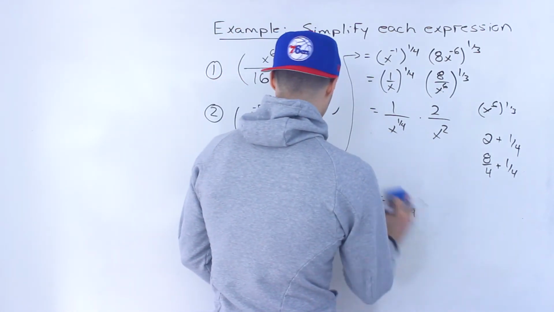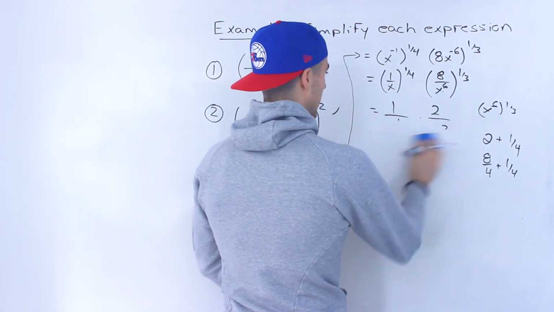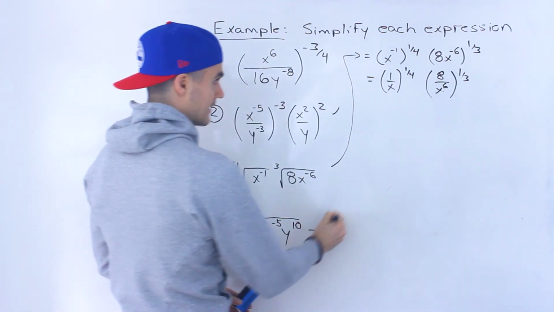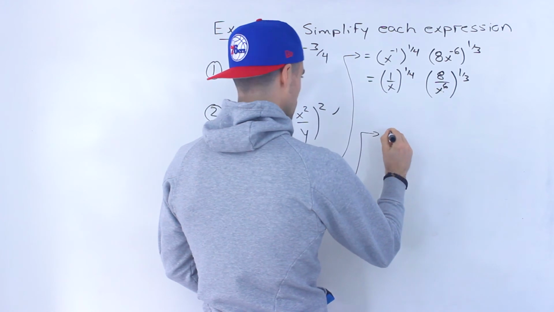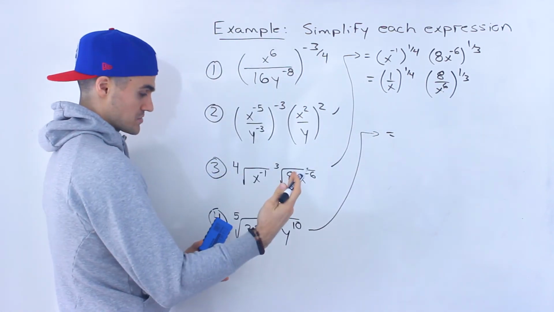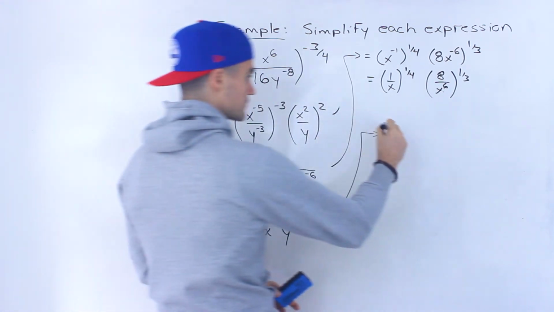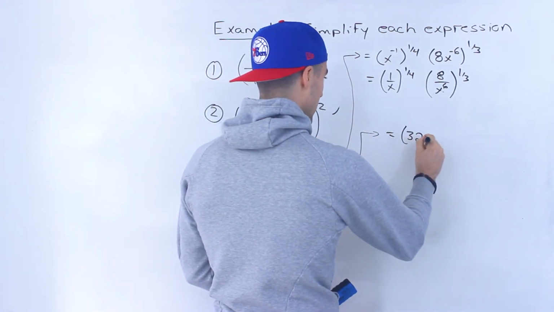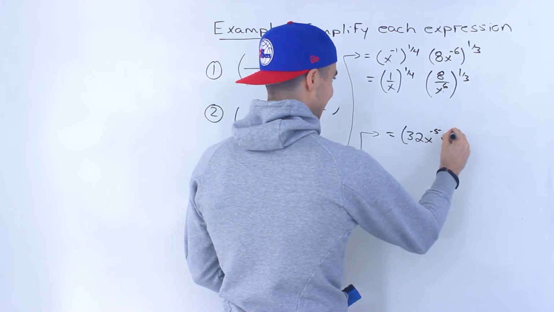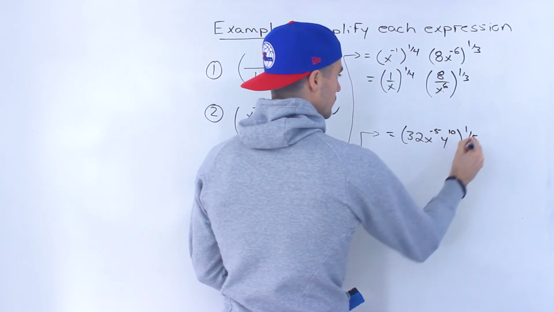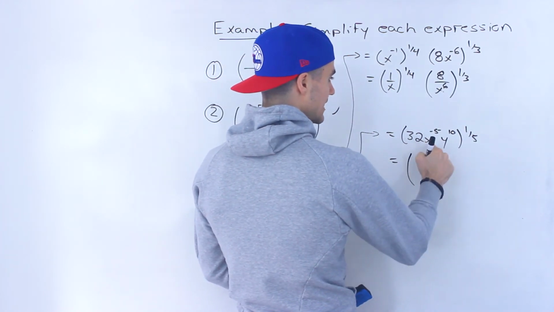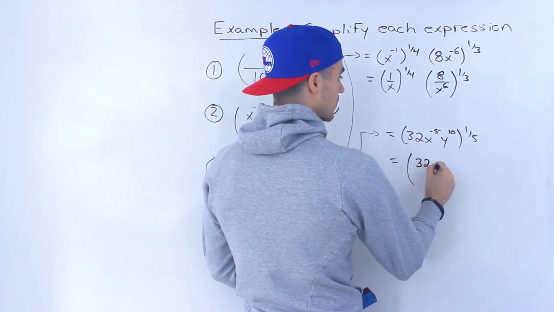And then number 4 is actually not too bad at all. It's pretty simple. Again, I'm going to follow that same process where I'm going to take that fifth root and change that to a rational exponent. So change it to the power 1 over 5. So this would be 32 x to the negative 5, y to the 10 to the power of 1 over 5. And then over here, what I'm going to do first is take that x to the negative 5, bring it down